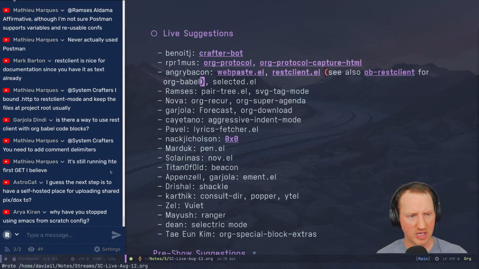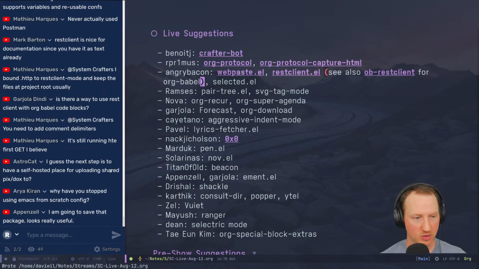Arya says, why have you stopped using the Emacs from scratch config? Good question. Mainly because I wanted one that was more blank. I need a sort of blank configuration to start from when I do a lot of these demos, and the Emacs from scratch config is not a good starting point because it has a lot of stuff already set up and it takes longer to load. So it's better if I start from something that I have more control over, the basic configuration.